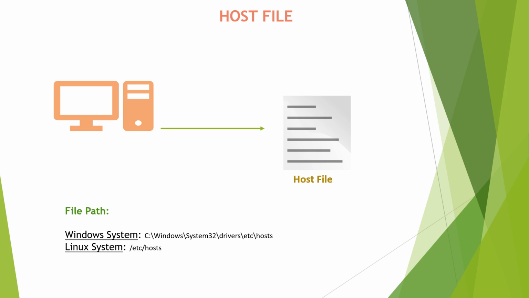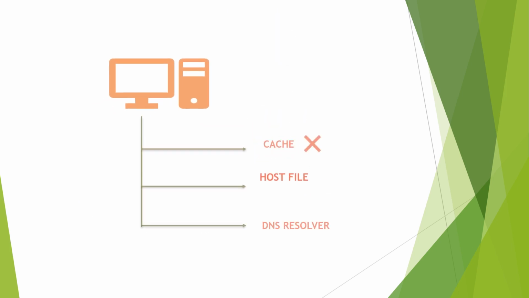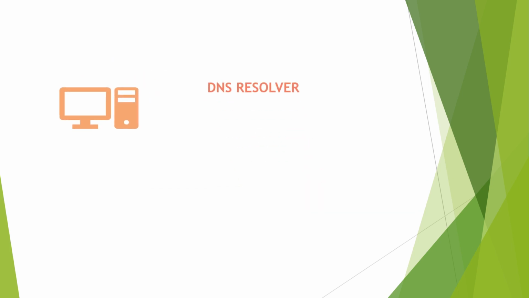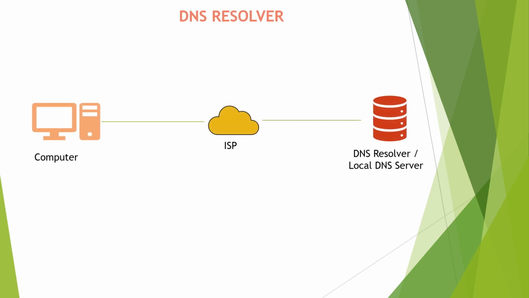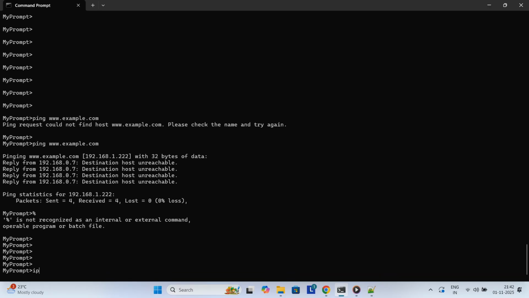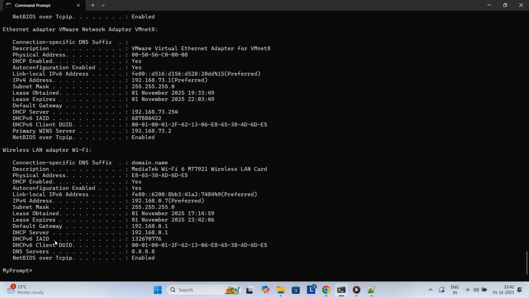Now let's suppose your computer cache, browser cache, or the host file does not have any entry. In that case, your computer reaches out to a helper on the network called the DNS resolver or local DNS server. A DNS resolver or local DNS server is usually provided by your internet service provider. You might be using a public one like 8.8.8.8 or 1.1.1.1. To check that, open your command prompt and enter ipconfig /all